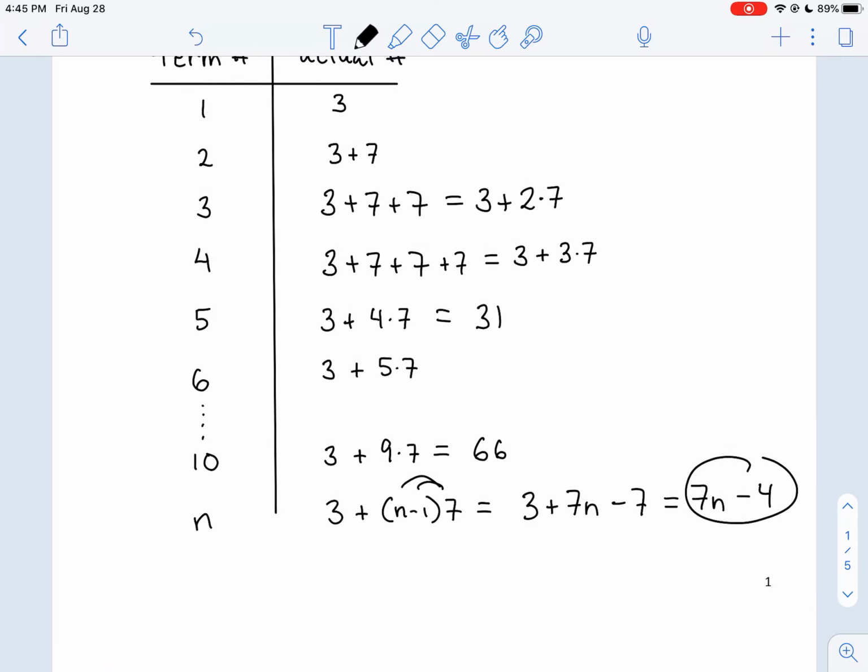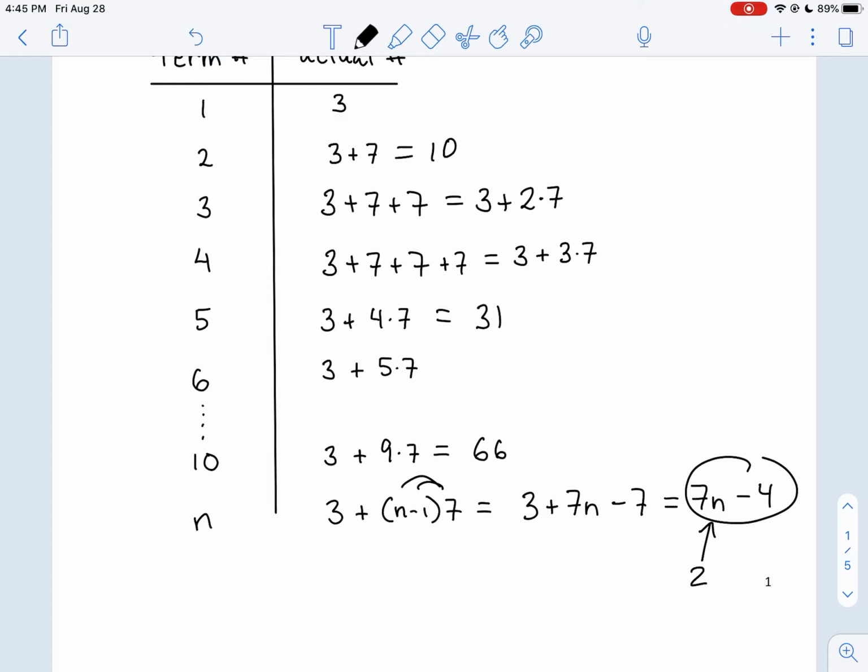Let's test it on some of these early ones. Begin by plugging in n equals 1 into this formula. N is essentially identifying which term we're looking for. So if we're looking for the first term, plug in n equals 1. 7 times 1 and minus 4. It does confirm that 3 is the first term. Plug in n equals 2 here. 2 times 7 is 14, minus 4 is 10. Right? It confirms that we get 10 as the second term,